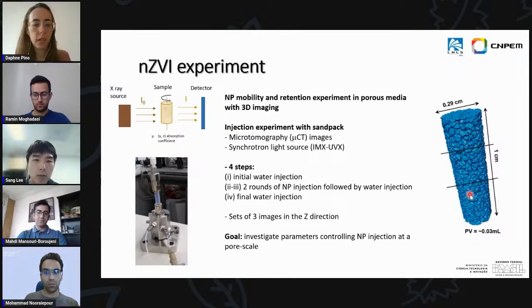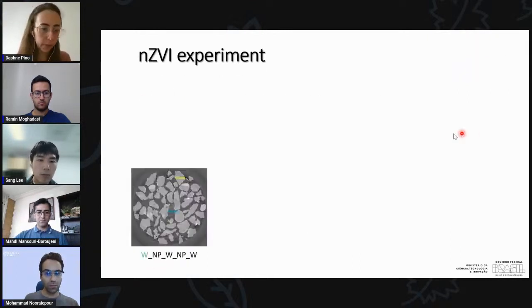Something interesting about this experiment is that we were imaging this sample, which is about 1 centimeter long. We were imaging in 3 sections, so we had better resolution for a long sample. So if you never saw one of these images, this is about what you got. It looks a lot like a radiography. This is a tomography image.